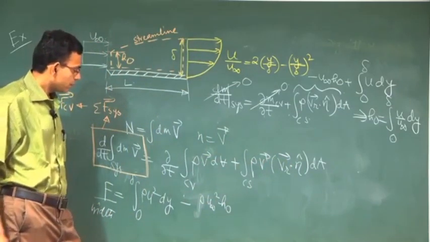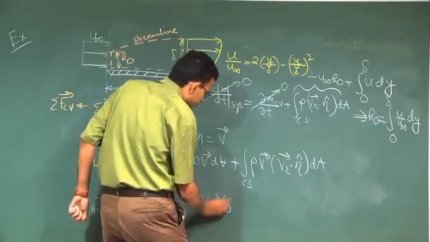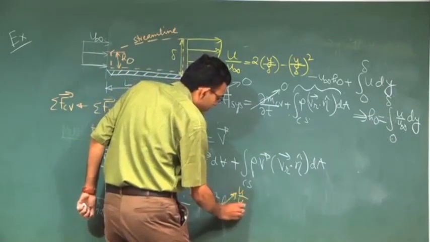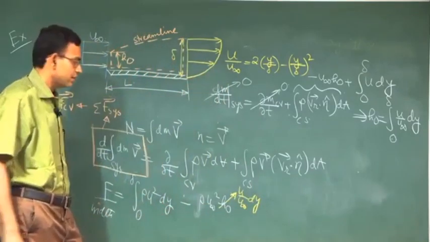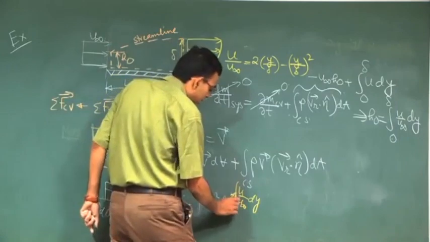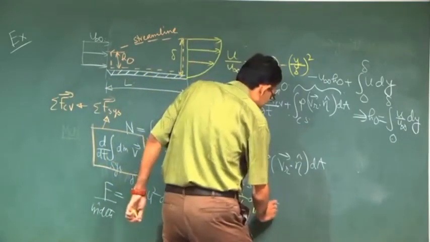Now in place of h naught you can write integral u by u infinity dy from there, integral 0 to delta. So F per unit width